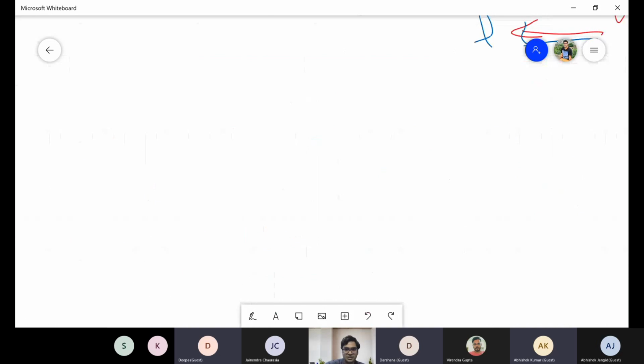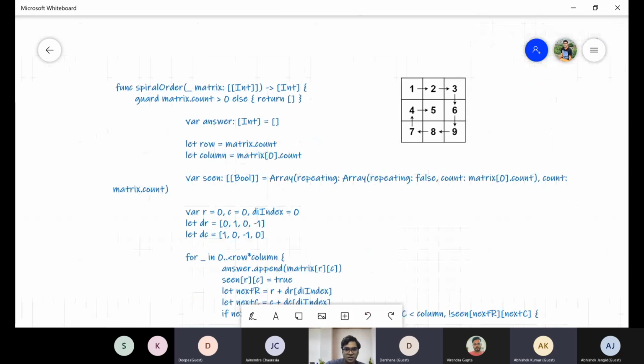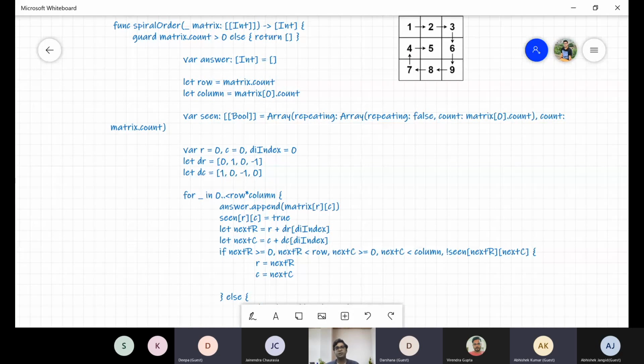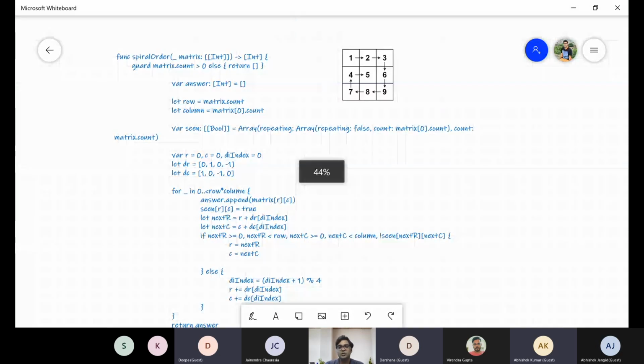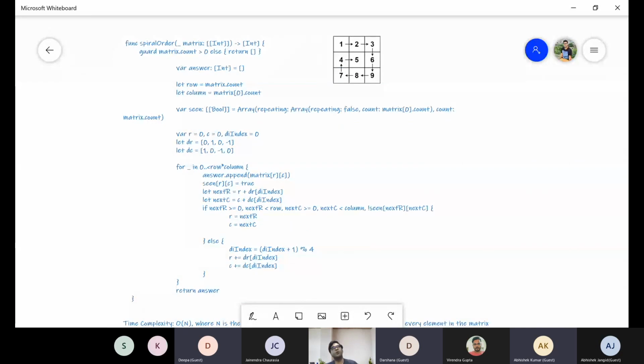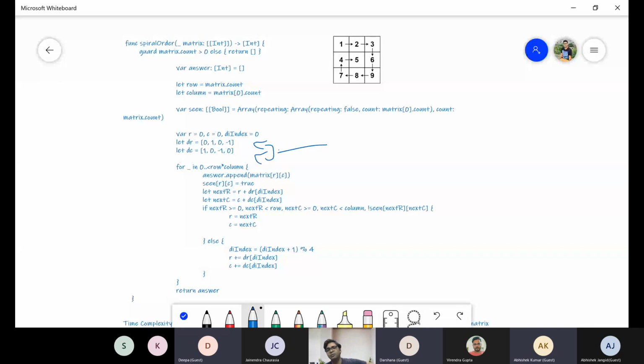Okay, so this is the initial approach. Let me resize it so that the complete solution will come. Okay, now everyone can see the solution, right? So in this solution, what I did is I created a direction array, for row and for column. This is our direction array, which is generated from the same logic which we explained in the problem itself: 0, 1, 1, 0, 0, minus 1, minus 1, comma 0. And this is our seen matrix.